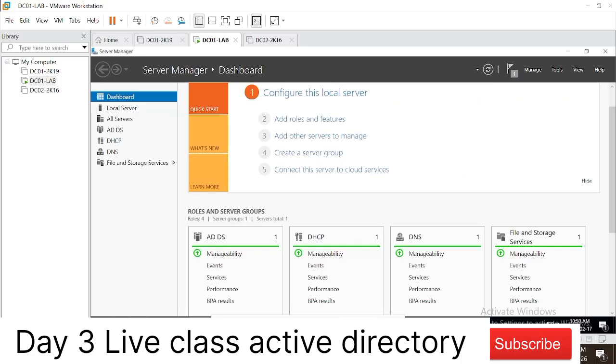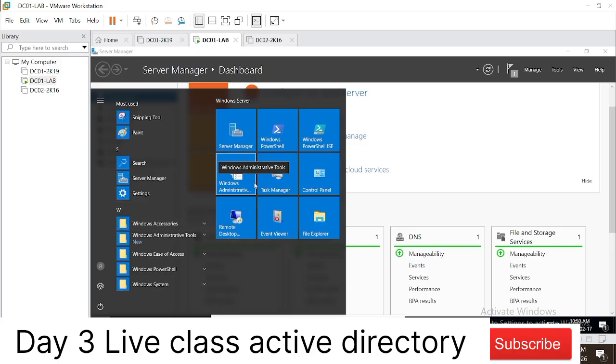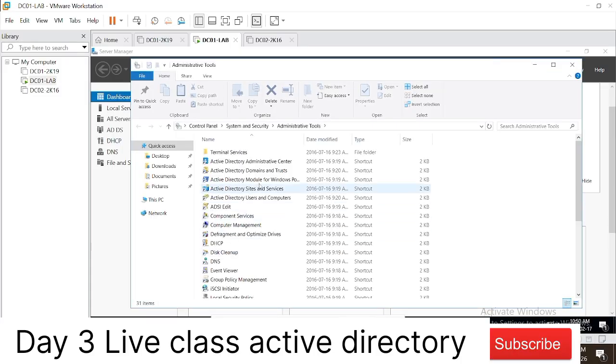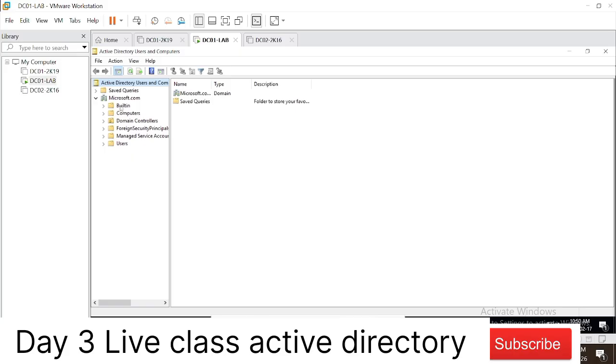So now this is the Active Directory I have installed, and today we will be covering the basics of Active Directory. So these are the OUs. I have created Microsoft.com, my company. OUs are nothing but like departments. Like we have HR department, they have IT department. Similarly, Active Directory is the backbone of every company. It stores the information and also gives you a single platform to manage your identities.